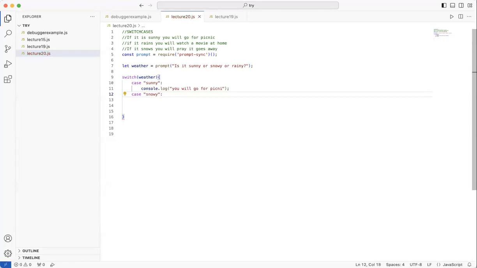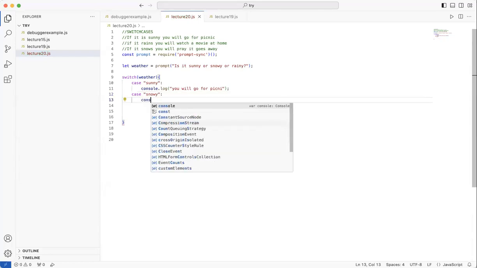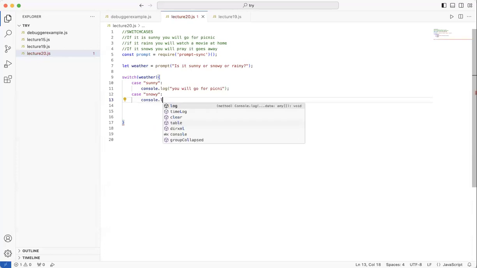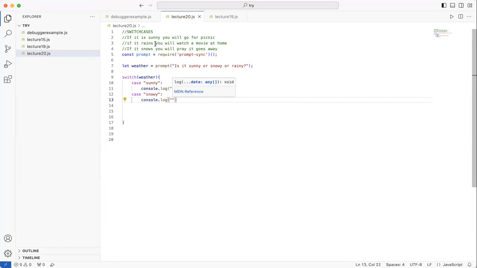And for snowy, we write down console.log, you will watch a movie. Yeah, we can do that as well. There should be a default one when none of the cases match.